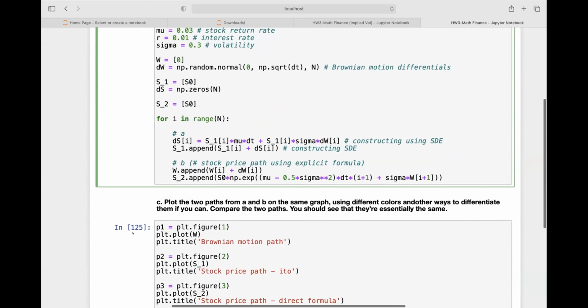Okay. Part B, you see, stock price path. So there you do generate W, right? You see that? Yes. Because you have to use the value of W in the explicit formula. Oh yes. Okay, so you do use it there, and when you construct W, you need dW. So you use dW in the